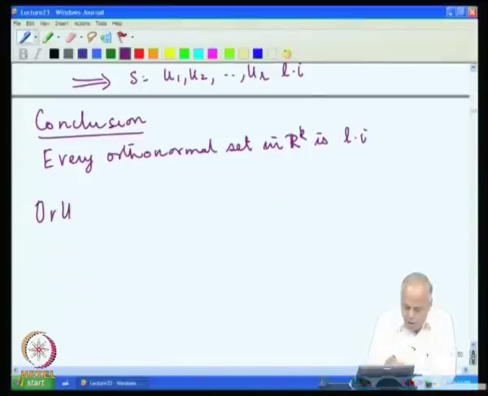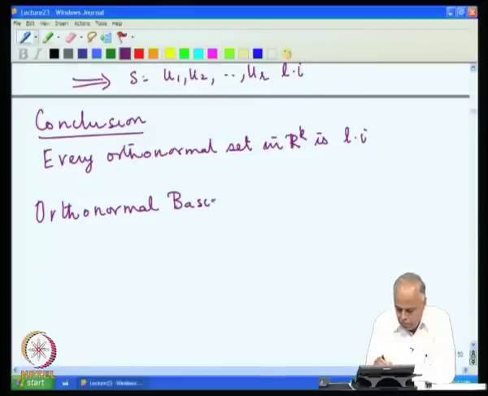But now, let us look at what does this mean. An orthonormal set is automatically linearly independent, and the moment you have a linearly independent set, you wonder whether it is a basis. For that to be a basis, it must also span the space. So, an orthonormal set will become a basis since it is already linearly independent. The only requirement that will be further required will be that it spans the space. This leads us to the notion of an orthonormal basis for R k.